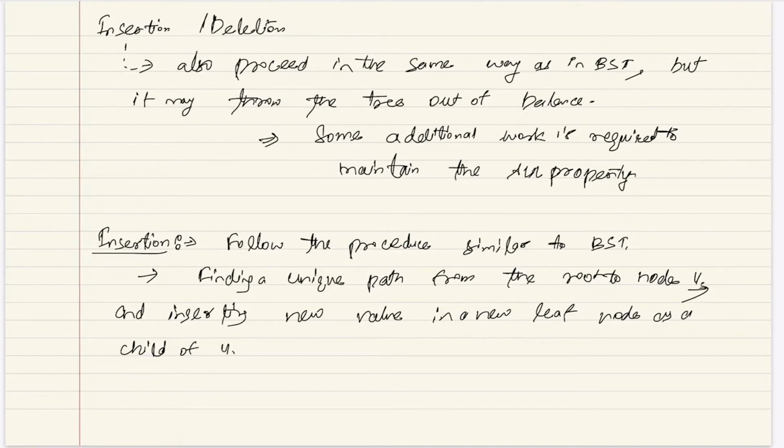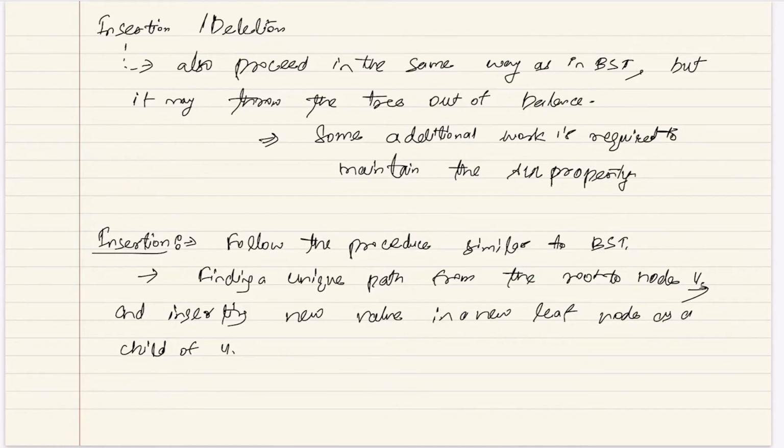But now you will have to traverse the path up, starting from this leaf node up to the root, and you may have to adjust the balance factors, because a new node has come, so some nodes' balance factors will change. So you will have to go up the path and adjust the balance factors. Now that's where the main critical point lies. How do you adjust the balance factors? In that process, do you find some node where the balance factor now becomes 2 or -2?